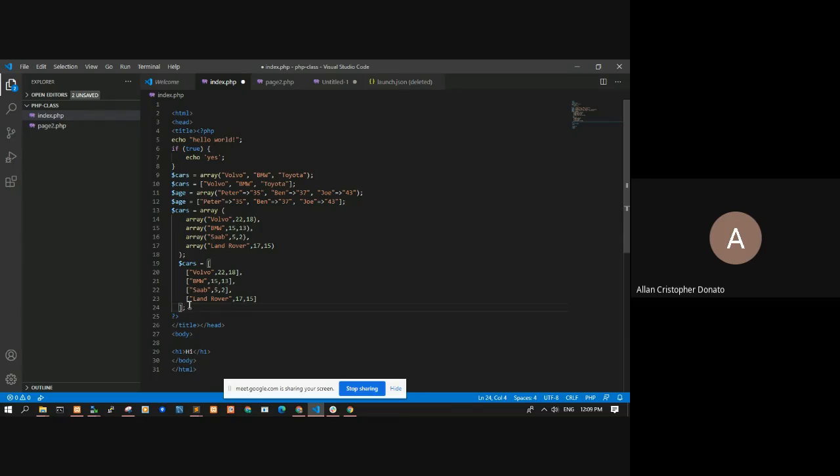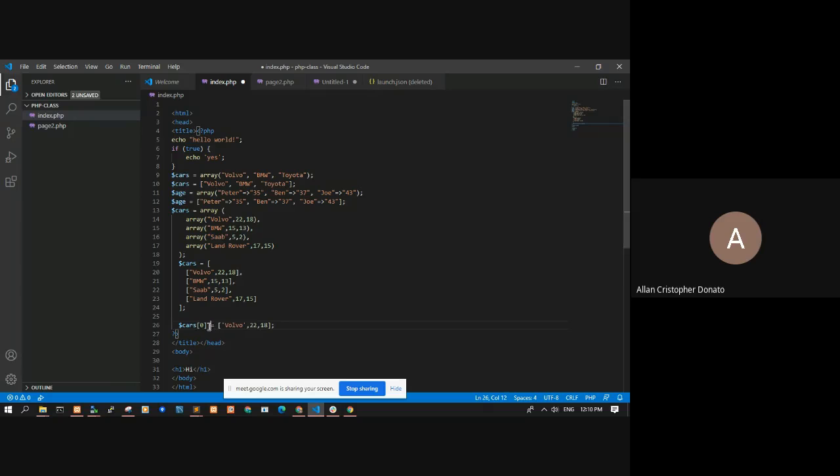But you can also create arrays, even multidimensional arrays, like cars, Volvo. Okay. You can also create multidimensional arrays like this.